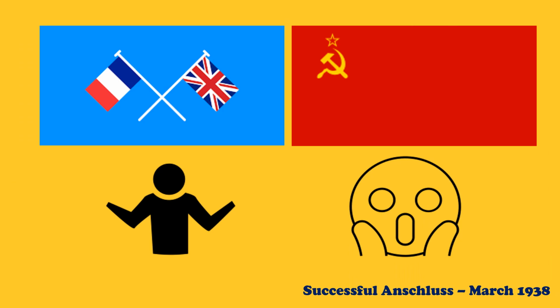So just to finish up really, let's think about what's going on in the minds of other nations at this time. Well, Britain and France, when Anschluss is achieved, are kind of like, well, that's that then, really. Britain in particular, again, we know from previous events in the 1930s, are very much aware that the Treaty of Versailles was unjust and unfair.